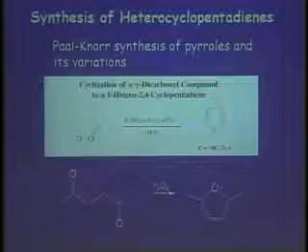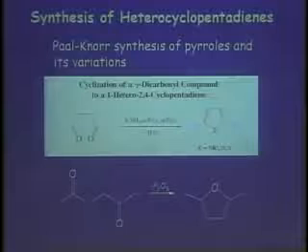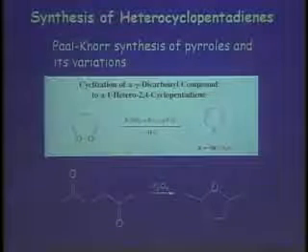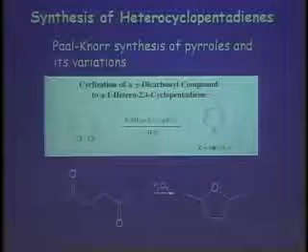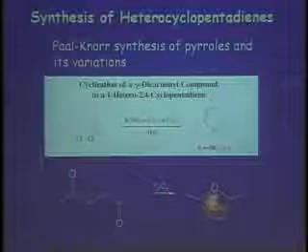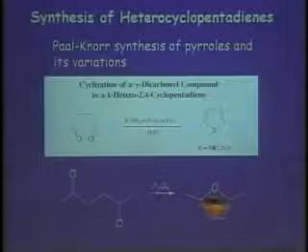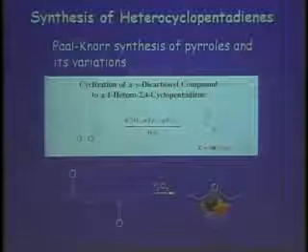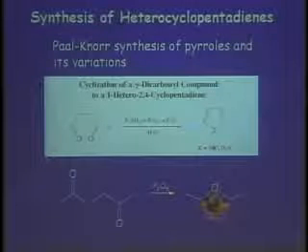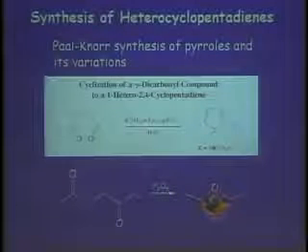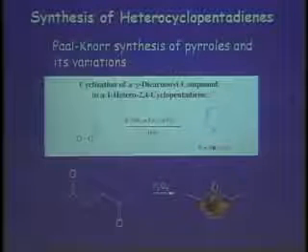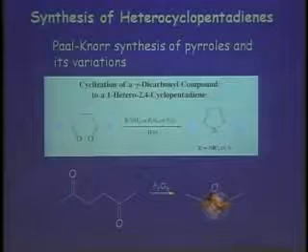P2S5 is just the sulfur analog of phosphorus pentoxide. It's the anhydride of thiophosphoric acid. Also hygroscopic, wants to be hydrated. It rips out water where it can. So it's these 3 reagents that do this. So let me give you an example. If you treat this dicarbonyl compound with P2O5, out comes dimethyl furan.